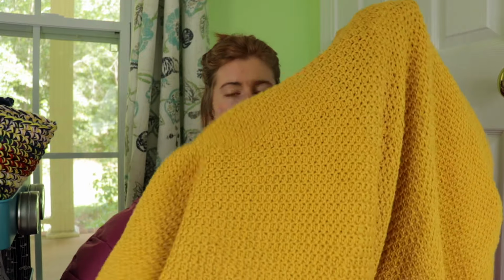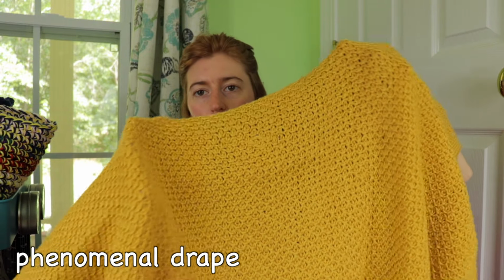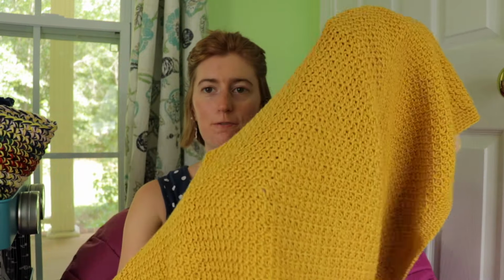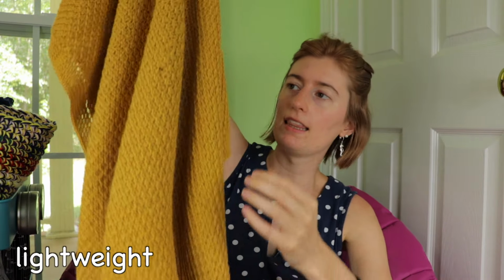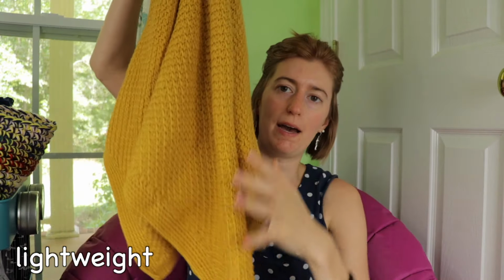It creates such a beautiful stretch and drape, partly from the yarn itself, partly from the texture. Sometimes Tunisian crochet can weigh a little bit heavy, but this has such nice, lightweight drape and bounce to it. Simply gorgeous. The other thing I love is this pattern looks complicated, but the honeycomb texture is literally just 2